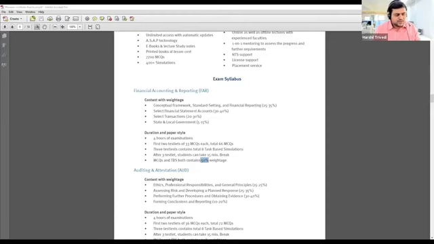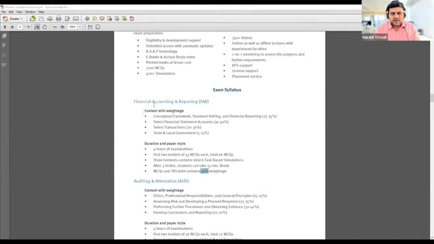So before that speech, we are talking about particularly CPA. Let me first of all explain what CPA is all about. CPA has 4 papers. The first paper is accounting, that is the financial accounting and reporting section, in which I've explained